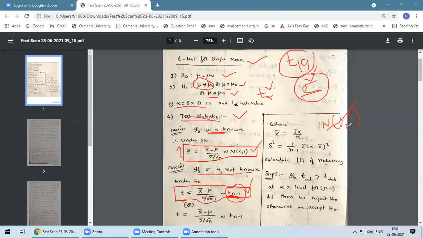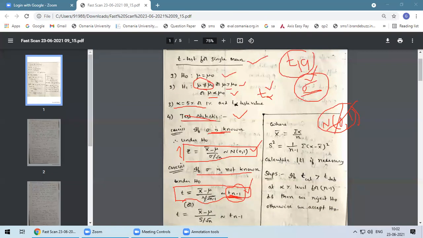But in large samples, it is not required. Large samples always follow N(0,1). Just you will identify the table values under 5% or 1%. But in small samples, this is the difference. Small samples, based on what it follows, you have to see the table value at how many degrees of freedom. Here n minus 1 degrees of freedom is there. You have to see the table value here. So when we discuss problems, you can understand better.